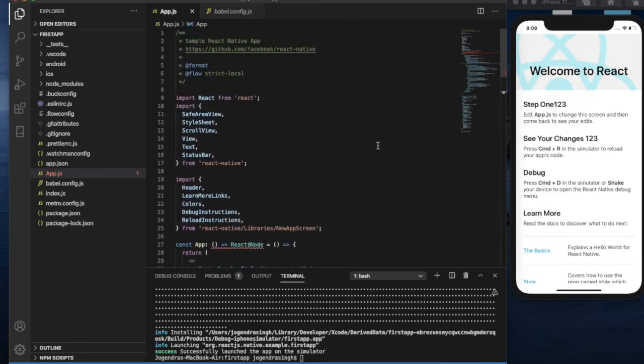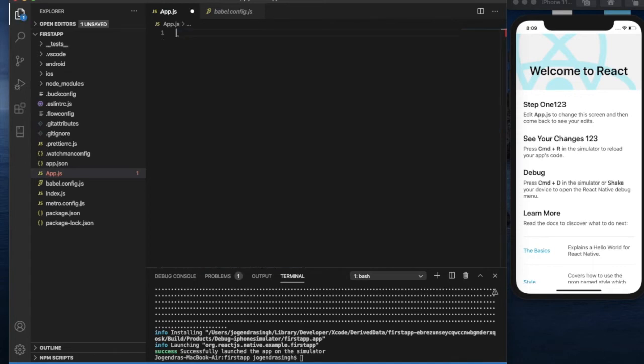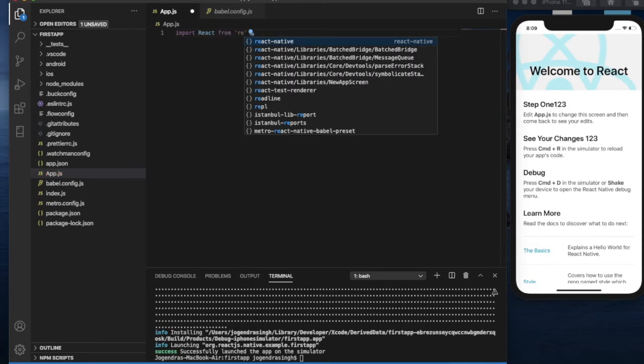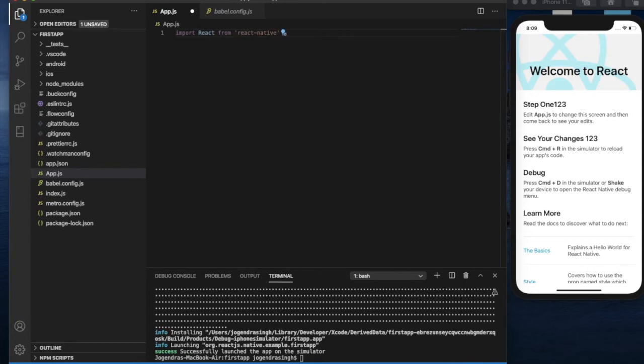Now I am removing all the code from here, and we are starting from the start. First we need to import React for loading our application. Second, we need to import elements, so I am importing Text. These elements are imported from React Native.